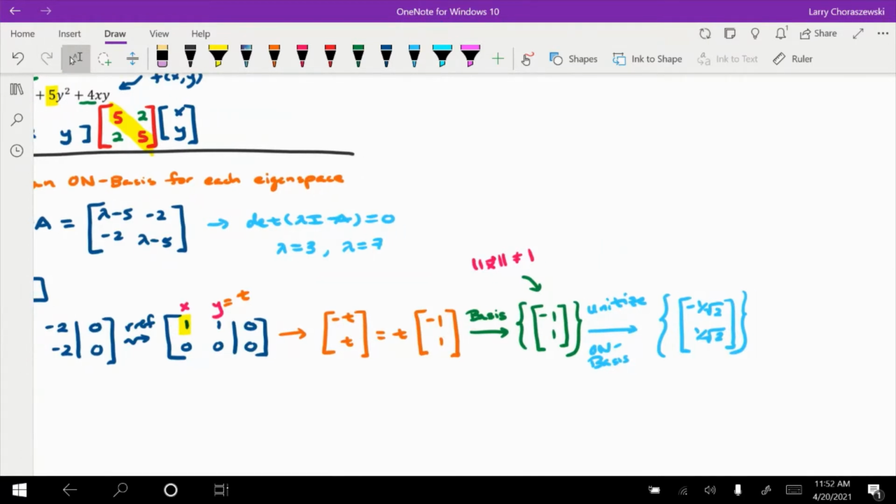Alternatively, and I'm going to include it with an and statement here, if you were to choose our parameter t as negative 1, then that would change the sign of our two entries of this basis vector, but it would still have a norm equal to 1. So in other words,